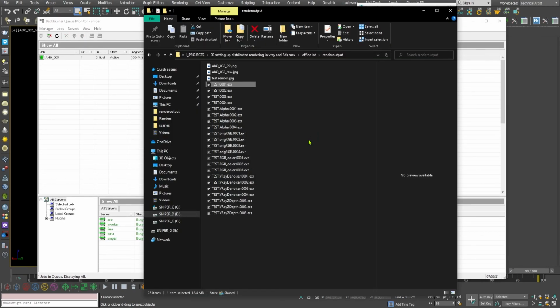So now you can see that the computers are rendering and the frames are updating. So when the computers have done rendering the frames, they will all show up here. And when I resubmitted the job, I forgot to separate the render elements in their own respective folder.